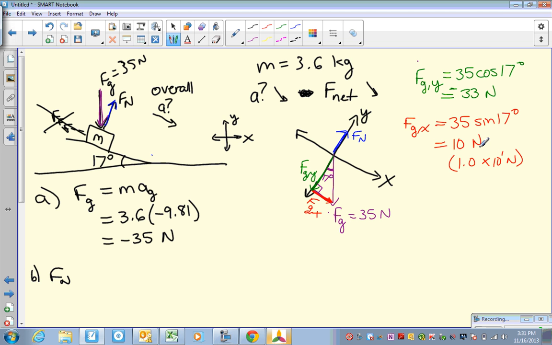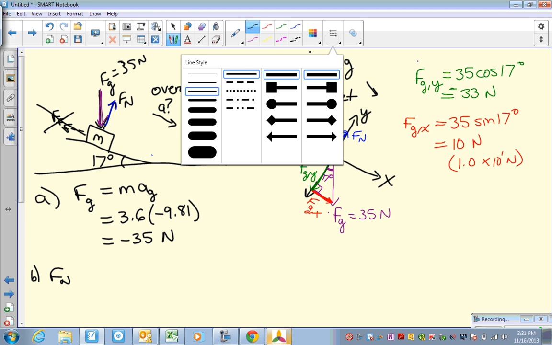So now, we need to think about a couple of things. We're looking for the normal force. Normal force is right here. What other vector is in the y direction besides normal force? So hopefully you've kind of paused and thought about that. Normal force is here. If you look along the y-axis, normal force and FGY are together. And so really, what we have going on,